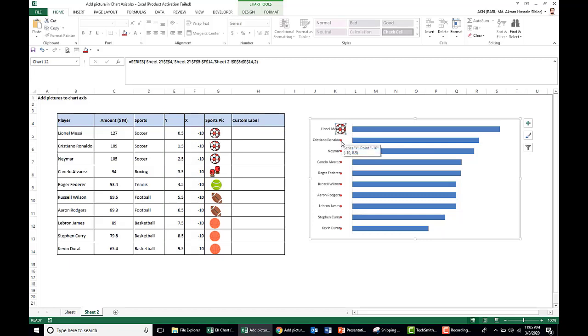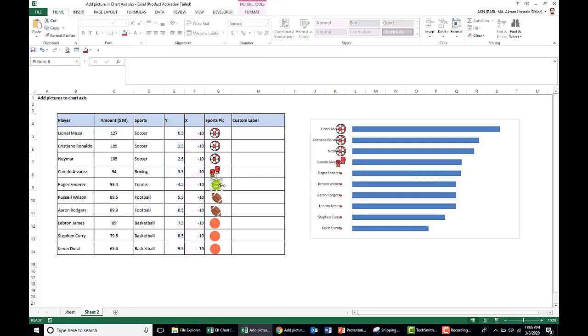Again Cristiano Ronaldo represents soccer, so we change this marker to soccer. Neymar is the same way. This player represents boxing, so copy this boxing picture, select this marker and place it.